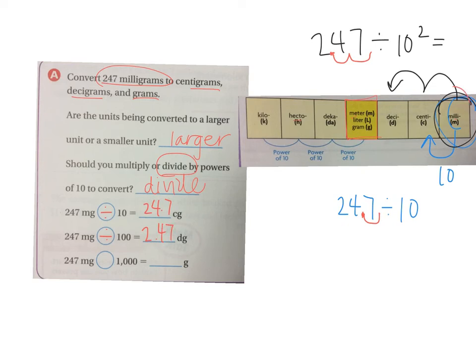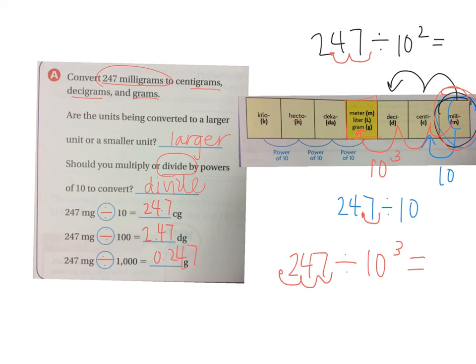Finally, in order to move from milligrams to regular grams, we're dividing by 10 to the power of 3. So it's 247 divided by 10 to the power of 3, or 1,000. In this case, we have to move the decimal point 1, 2, 3 spots to the left, which would be